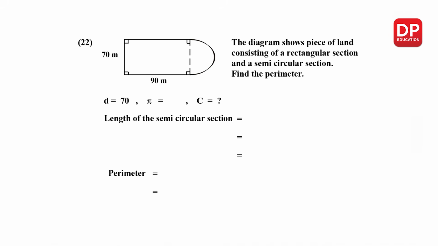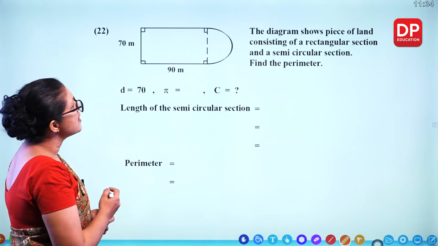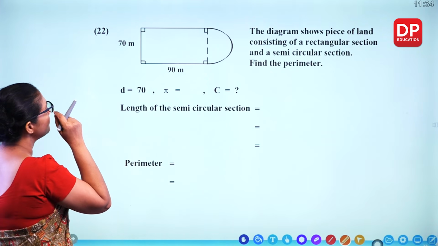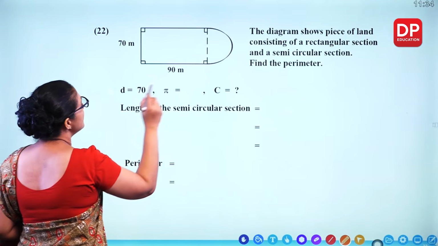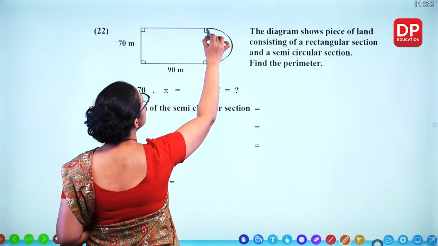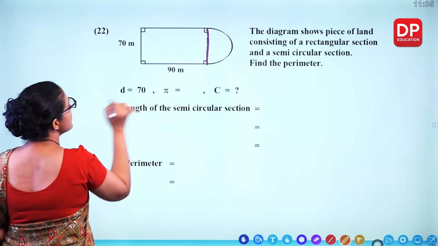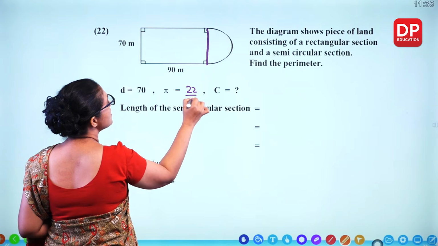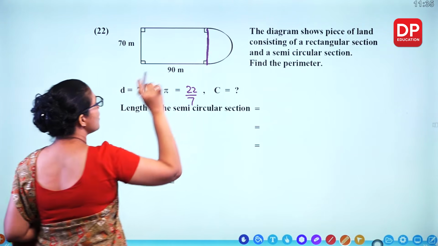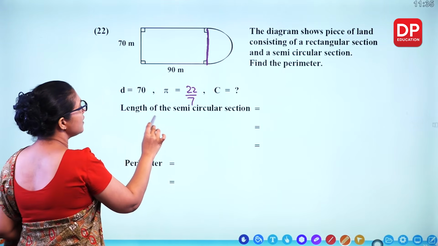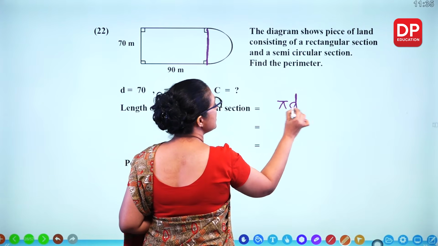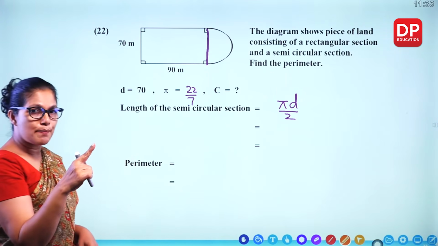The diagram shows a piece of land consisting of a rectangular section and a semicircular section. Find the perimeter. So what's the d value here? This semicircular part, d is the same length, 70. Pi is 22 over 7. So we need this part, the circumference of a semicircle. So you can do pi d over 2, because a full circle is pi d